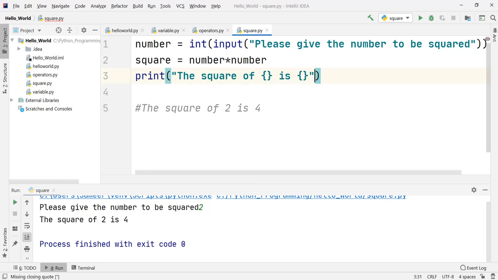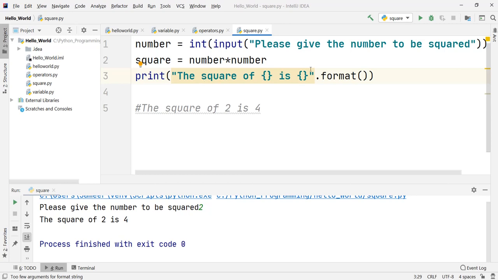After that, complete your quotes. If you started with double quotes, complete with double quotes; if single, complete with single. After that we write dot format, and then parenthesis. In the parenthesis we tell which values we want to print here and here.